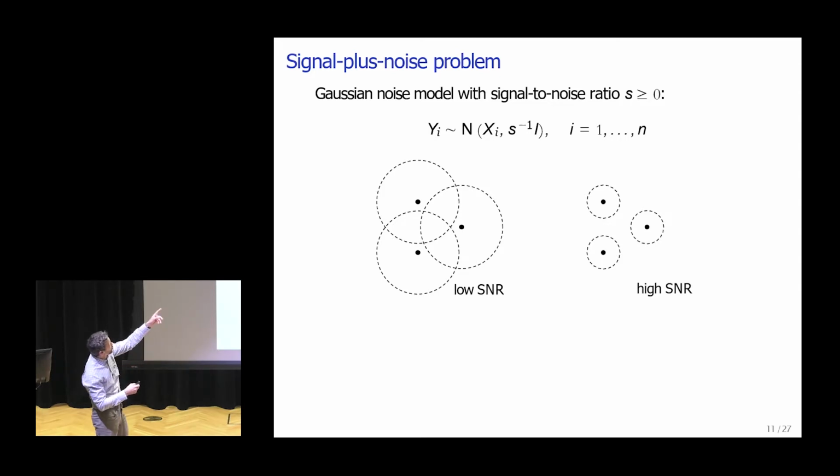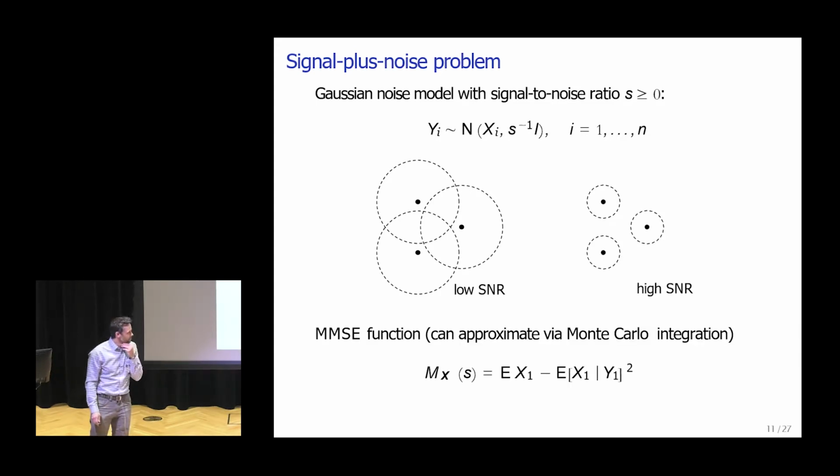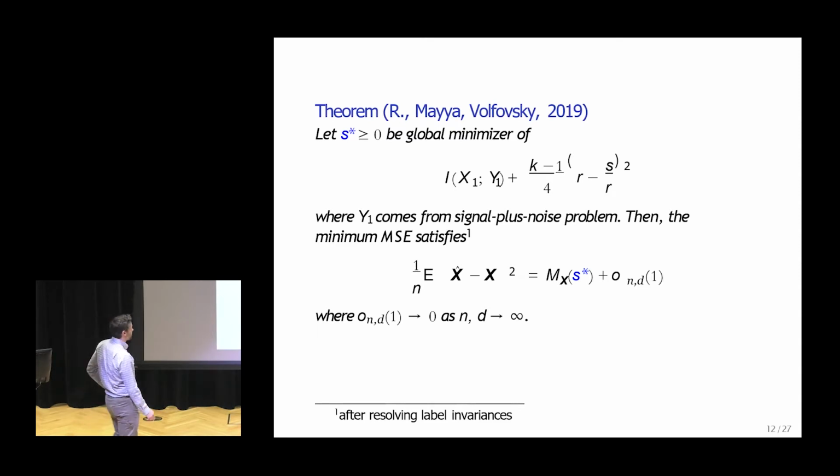And of course, here, the quality of inference is quantified by this number S, the SNR. If you have a very low SNR setting, we immediately see there's a large overlap between the supports of these Gaussian mixtures. It might be difficult to dissociate between the different clusters. In high SNR, it becomes much easier. And another fact about this problem is that it's essentially a low-dimensional problem whose performance measures you can characterize. So I can just compute numerically what the MSE, or the optimal performance, is in this estimation problem. OK, so here's our first result.